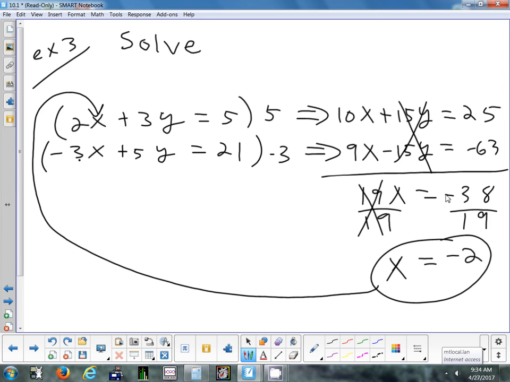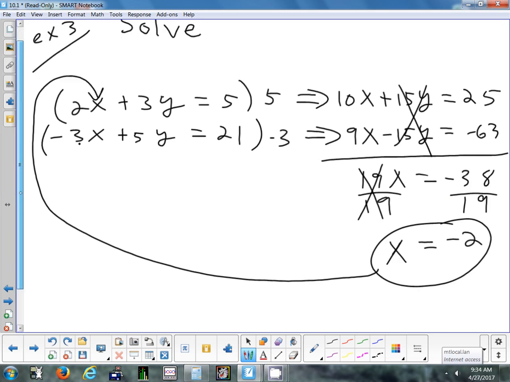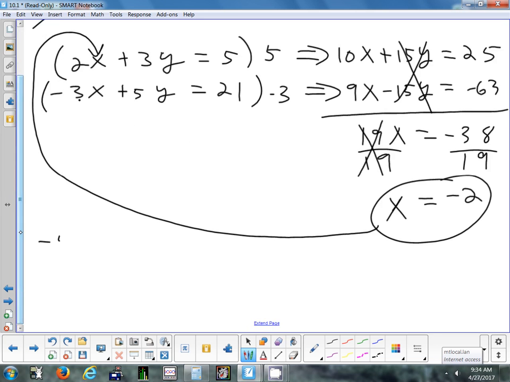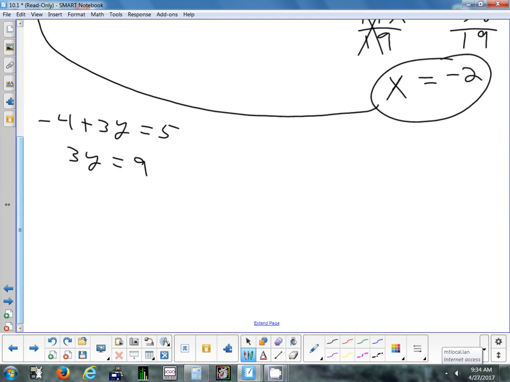Not always. What's 2 times negative 2? Negative 4? Plus 3y equals 5. Okay, next step. Or add 4. Add 4. And last step. Divide by 3. What's y? 3. All right, so